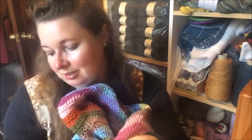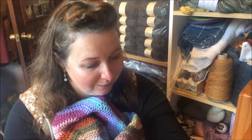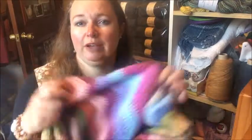There was a ridiculous number of ends to weave in, because I think there's 84 stripes, 2 ends per stripe, and then the border. So yeah, you're looking at knocking on for about 200 ends to weave in on this one, which is fun. Oh, I've just forgot, I've left another project upstairs, but never mind, I'll just put a picture of that one in. So yes, anyway, this one, I think I was only about a third of the way done. It fits a single bed. That gives you a rough idea of size, and it is very soft to say it's acrylic,